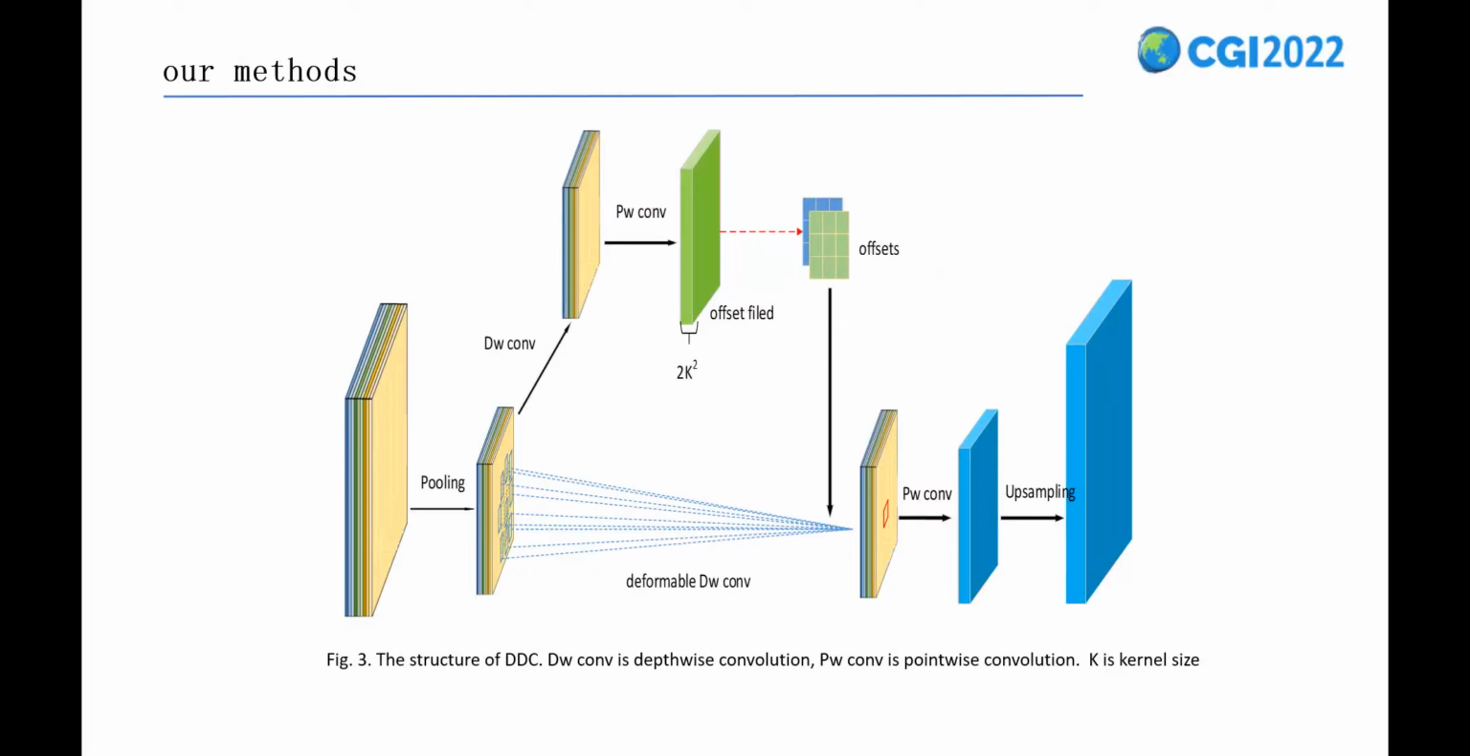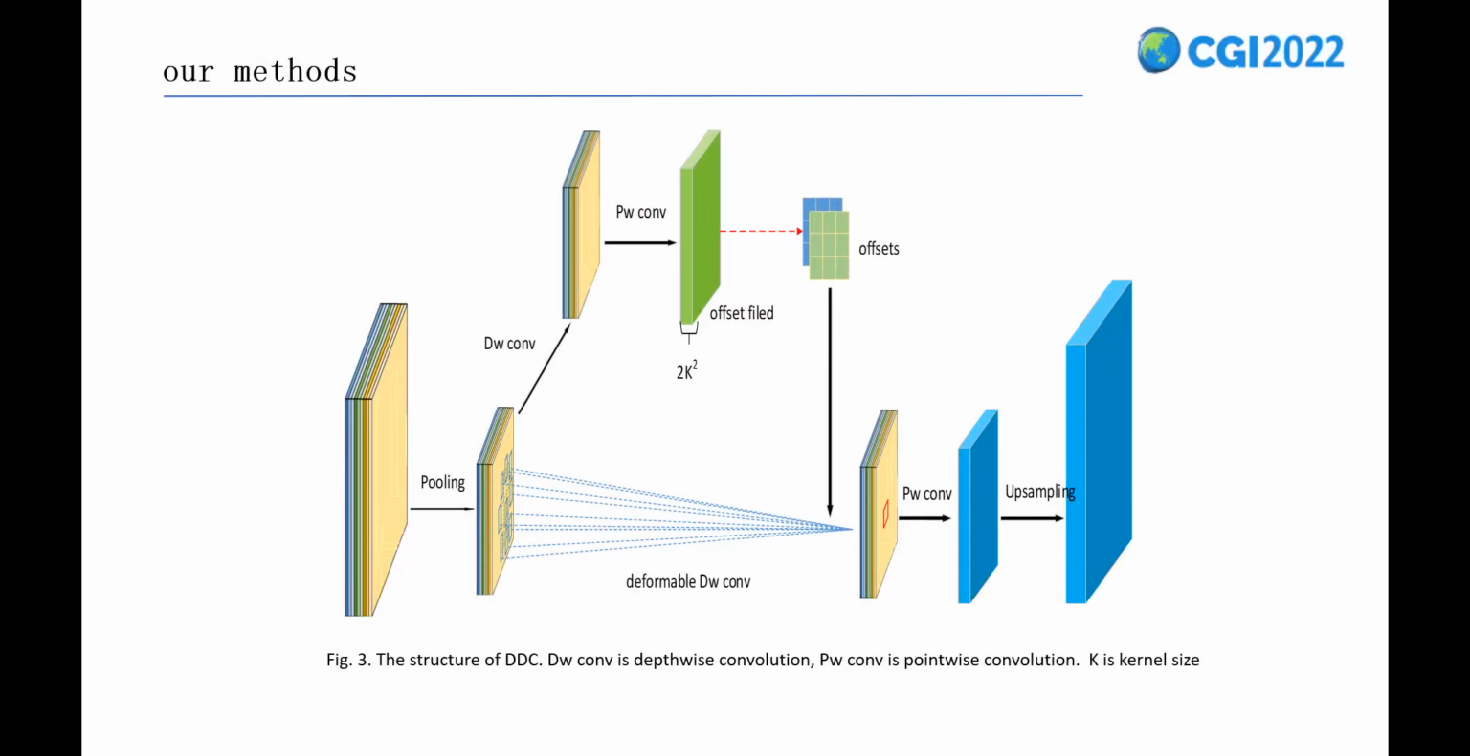The DDC structure is shown in Fig 3. We first perform a pooling operation on the feature map to reduce the flops and memory consumption. Then we use the depth-separable convolution to extract the offset. The resolution of the output feature map remains unchanged, and the depth becomes 2 times k². At this time, every 2 times k² pixels at the same position correspond to the offset of the corresponding pixel